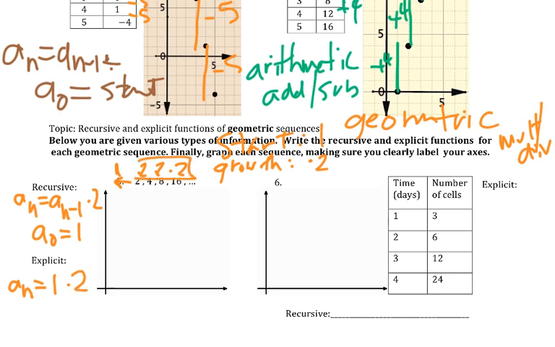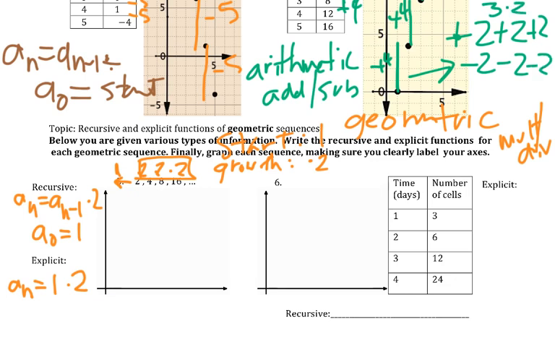Now we're going to have repeated multiplication. We've got to remember, repeated addition or subtraction is multiplication, right? That would be 3 times 2. That would be 3 times negative 2. Repeated multiplication is what we call exponents. So 3 times 3 times 3 is 3 cubed. So that n jumps up there on the 2. So 1 times 2 to the n. Now if we were to graph this,